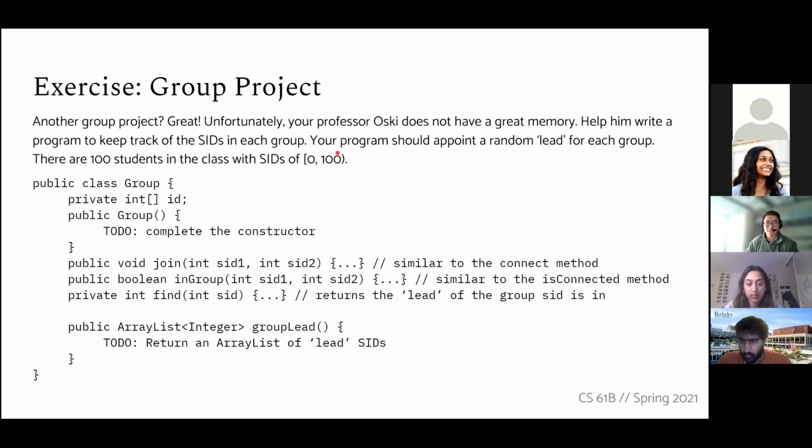In this project, you should assign a random lead. This lead can be any arbitrary person within each group. And there's a constraint on the SIDs. There's 100 students in the class, and the SIDs are from 0 to 99. You can assume that these three methods here have already been correctly implemented and there are no other methods within this class. So go ahead and,